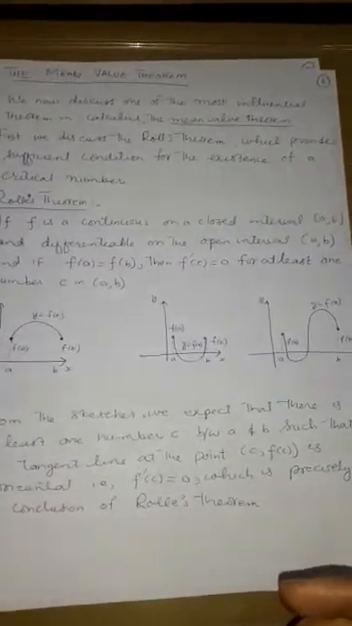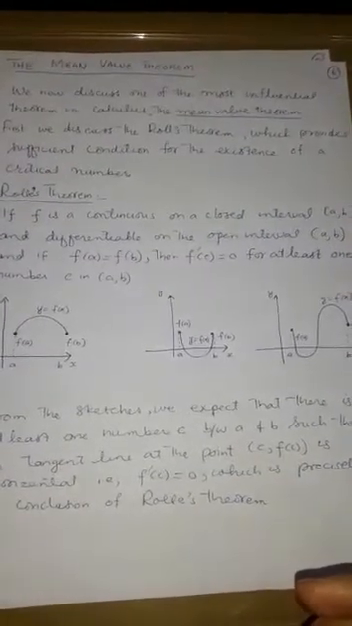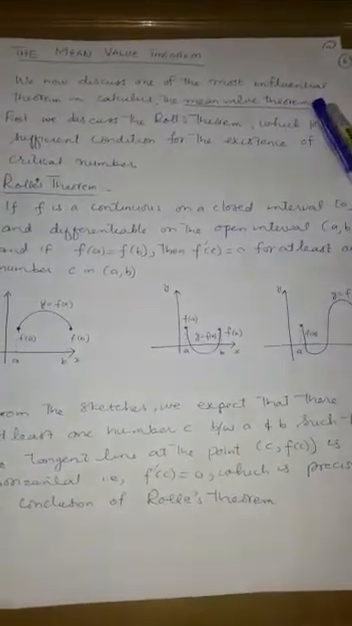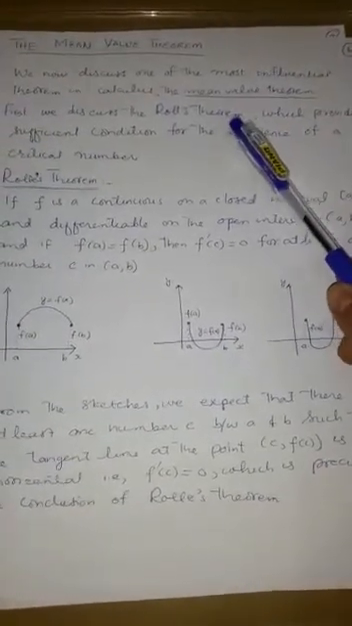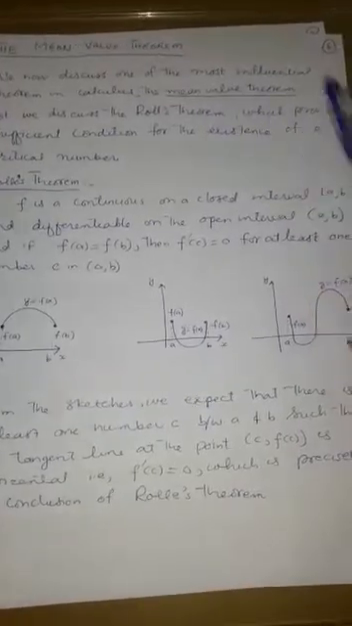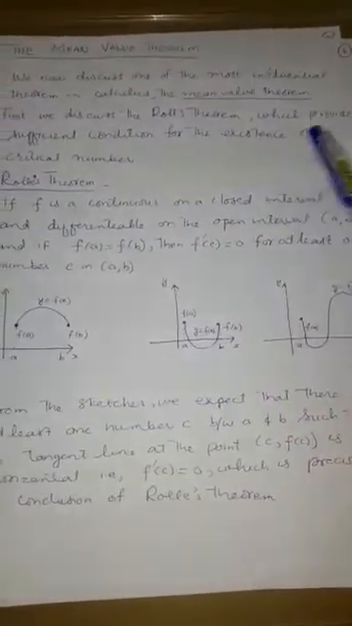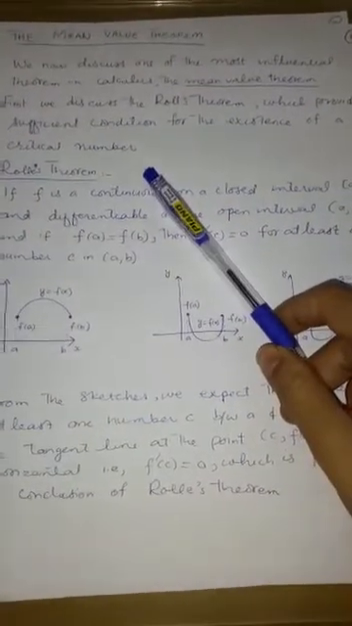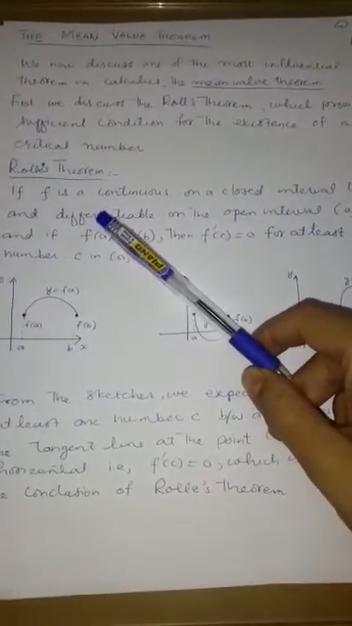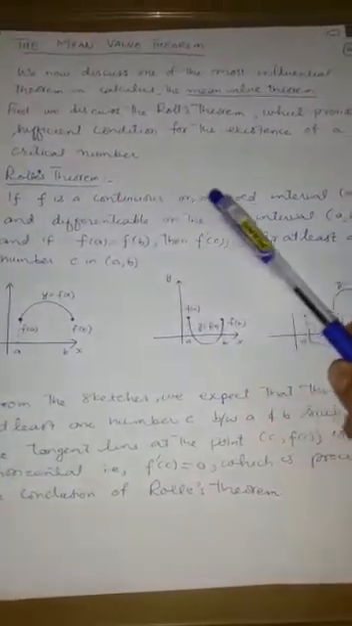Today our topic is the mean value theorem. It is the most important theorem in calculus. Before discussing the mean value theorem, we will start with Rolle's theorem, which provides the sufficient condition for the existence of critical numbers. Now Rolle's theorem states: if f is continuous on a closed interval [a, b] and